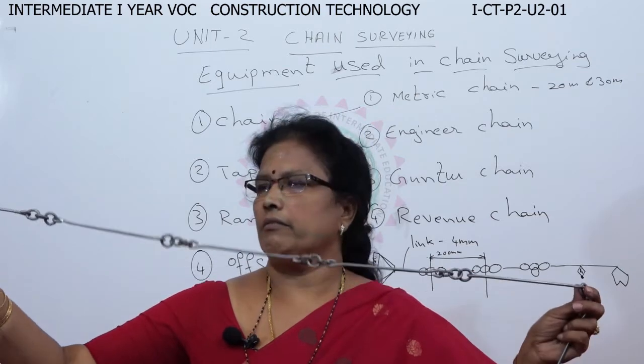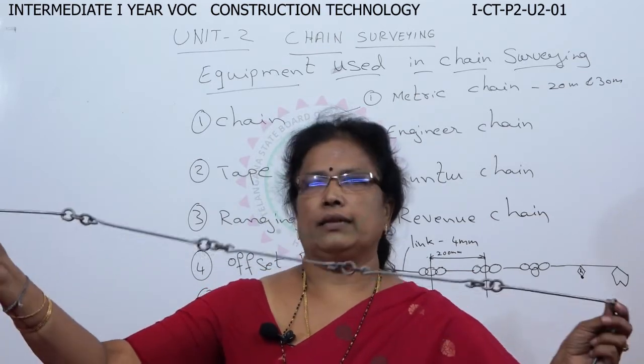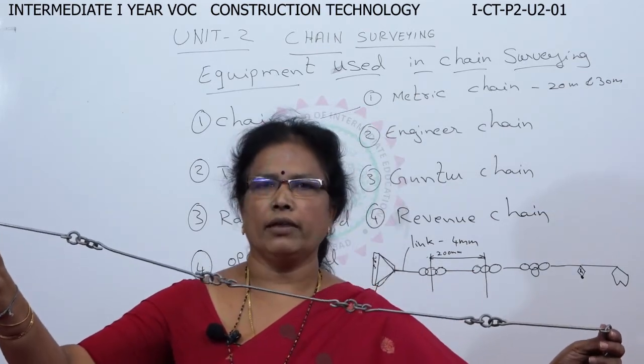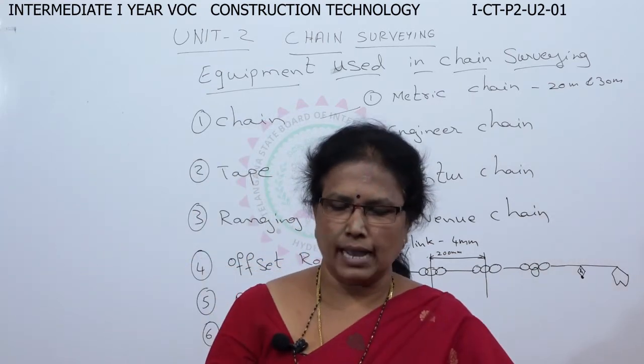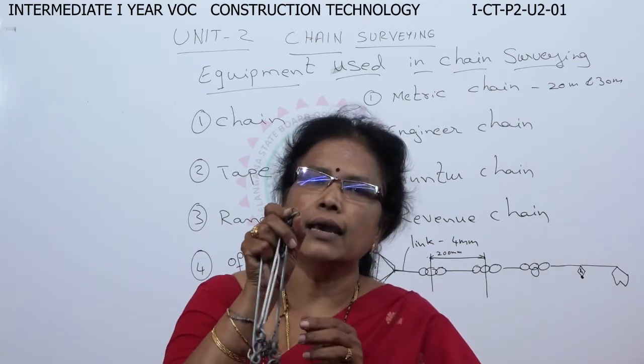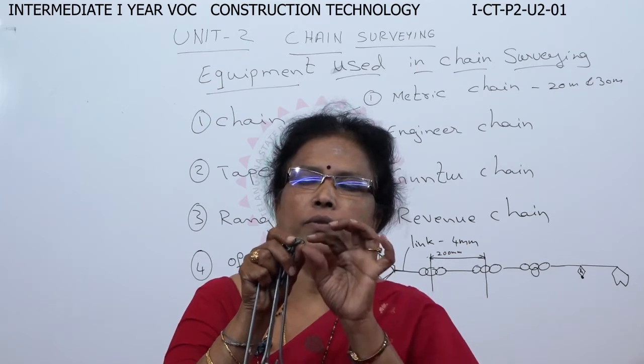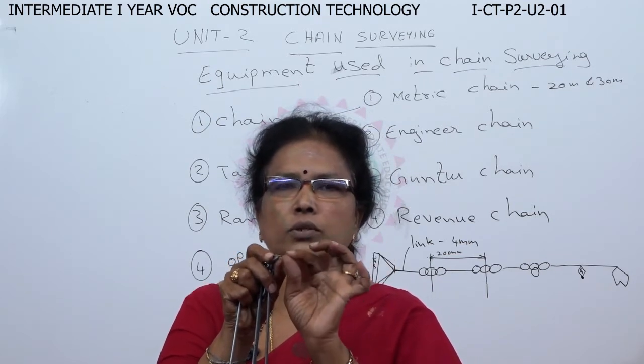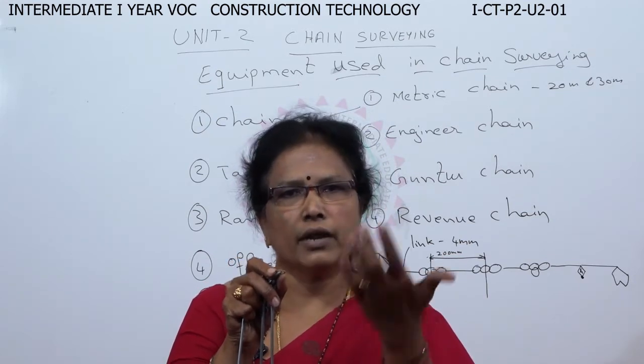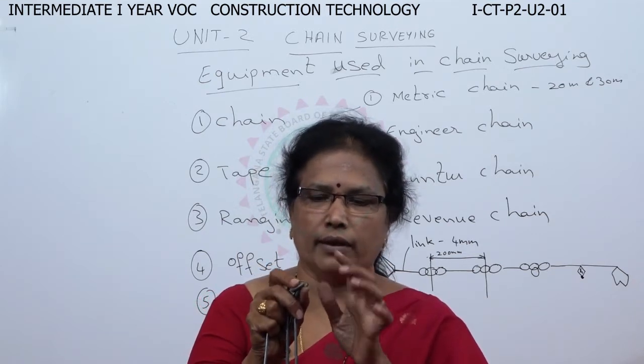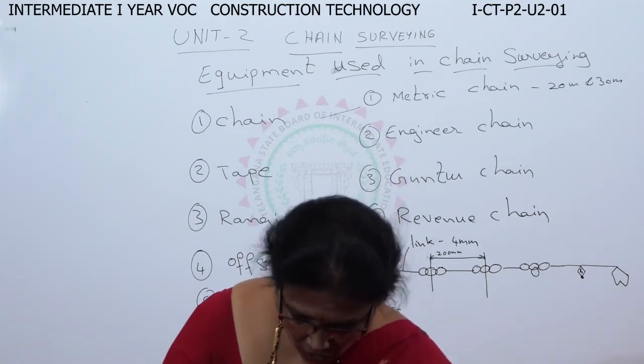These are the 5 links. So for 5 links, you will have 1 brass ring. This is the ring. When you see this ring, it is understood that it is 1 meter. Then for the other 2 meters, you will have another ring like that. So next, after